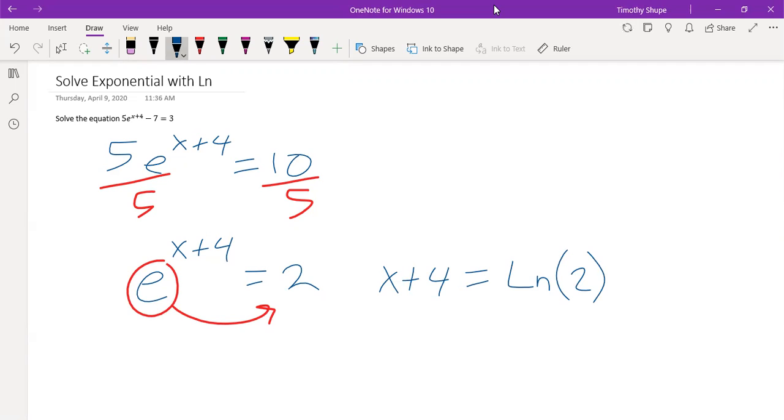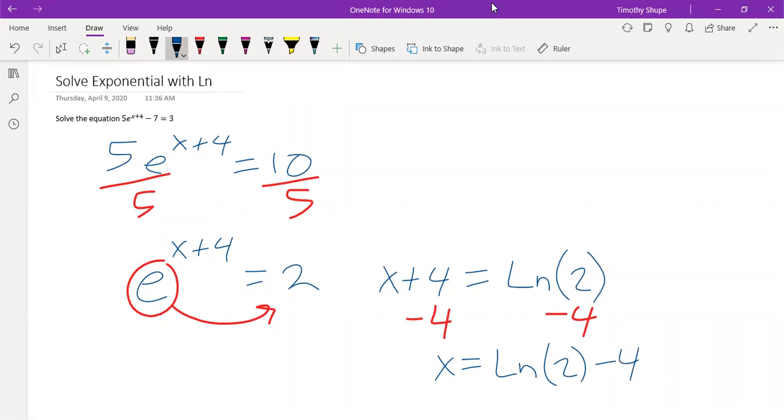Now, at this point, if we want to get a decimal value, we're going to have to use a calculator. But before we do that, let's go ahead and get the 4 onto the other side. So I'm going to subtract the 4 from both sides here. Subtract the 4. And our final value for x before we put it in the calculator is the natural log of 2